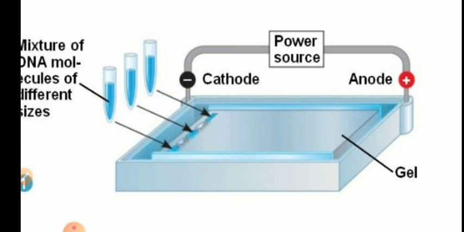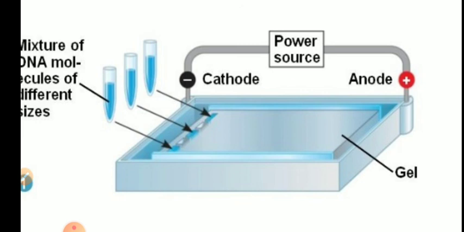Okay, so to make the sample heavy, we have to add some material which will make your sample more dense, or which will increase the density of your sample. So generally Ficoll is added, or glycerol, or sucrose. So we call it gel loading dye. Now gel loading dye is made up of a blue colored dye like methylene blue. It also contains an agent which increases the density of your sample, like sucrose or Ficoll or glycerol, and DNA, of course.